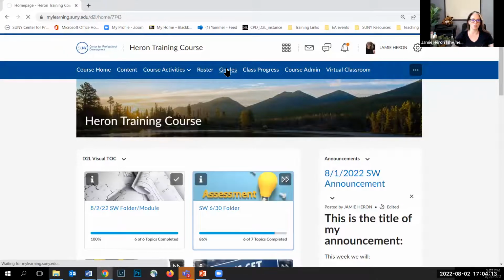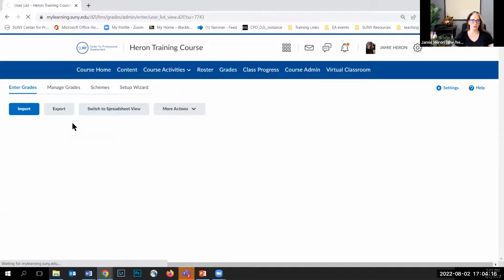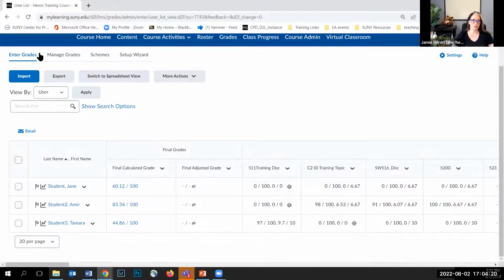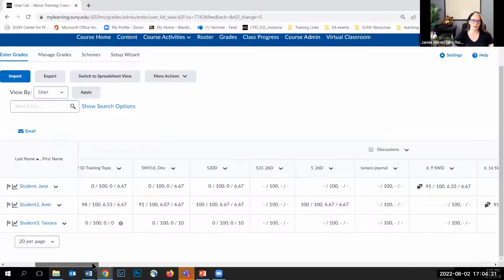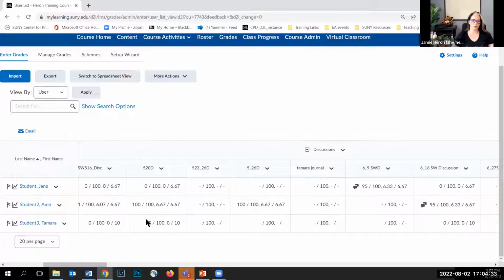So I'm going to click into the grades in my full training course. And what you can see here is it looks really similar. I'm in the Enter Grades tab here. I have my students here, and as I scroll across the bottom, you'll see here in Standard View that I have grades for students who have submitted work. This one is